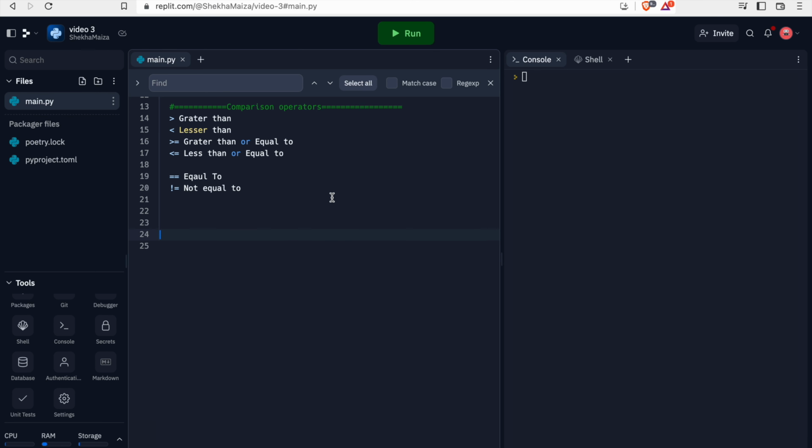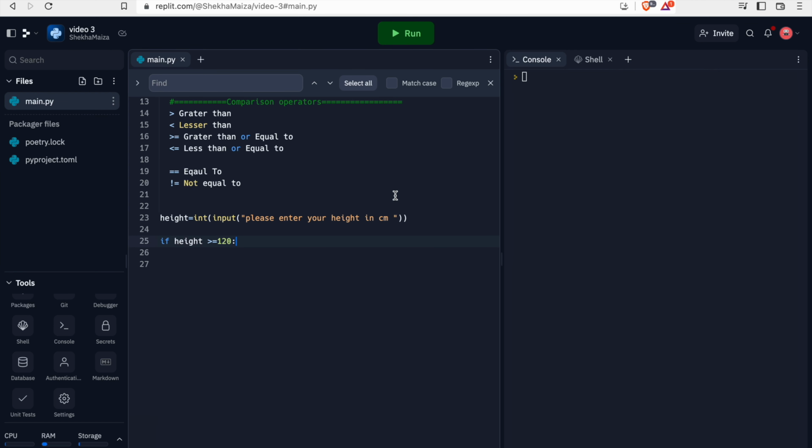Now, these are called comparison operators. We have already seen greater than, so less than is pretty self-explanatory. We have also seen greater than or equal to and less than or equal to. And there are two more, equal to and not equal to. For example, if you wanted to check if somebody's height is precisely 120, then you would use two equal to signs,